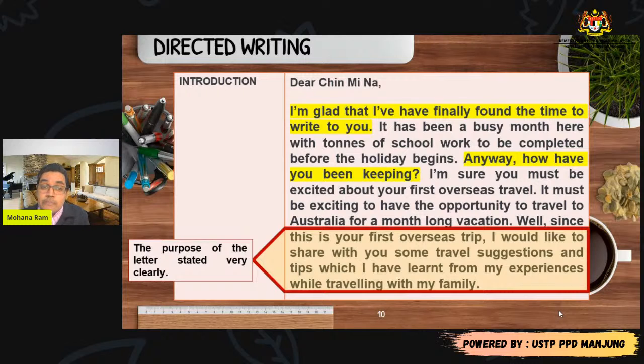Isn't this something very simple? I didn't use any difficult word. Now, all you need is just a little bit of effort. Go to Google and type "simple sentence starters for informal letters", and you will find a lot. If you cannot find, you may go back to my YouTube channel, the QR code that I shared just now. I've also shared a list there: paragraph starters for informal writing.